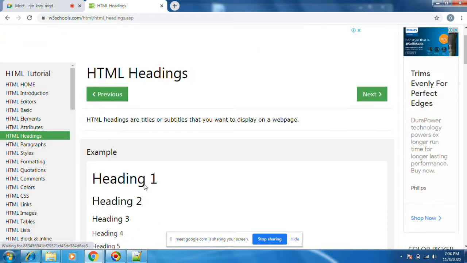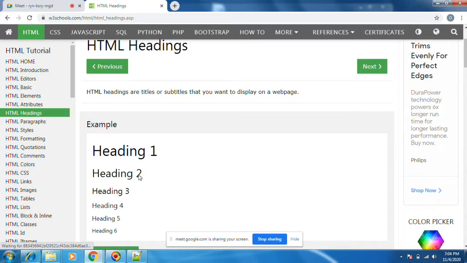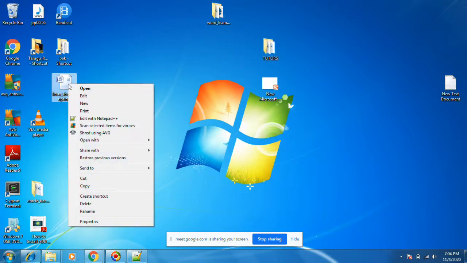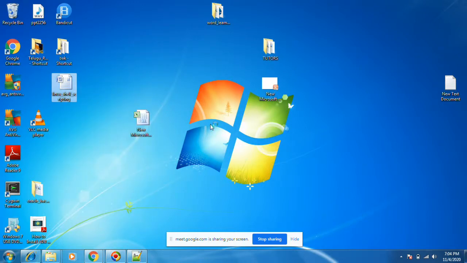Headings. Headings is nothing but a big font to a small font. In Microsoft Office Word, you can see the headings. A similar kind of thing will also be here.